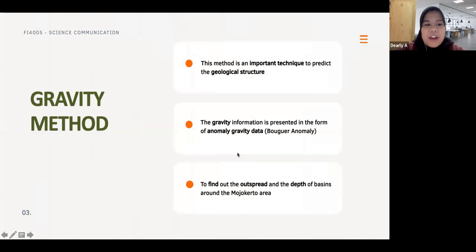So how do we do it? We can identify what is contained in the subsurface to prove whether it is true that there are oil and gas sources in the Mujakarta area by using the gravity method. It is an effective method widely used to analyze the structure of the underground surface, which is present in the form of gravity anomaly data. And the benefit of this research is to find out the spread and the depth of basins around the Mujakarta